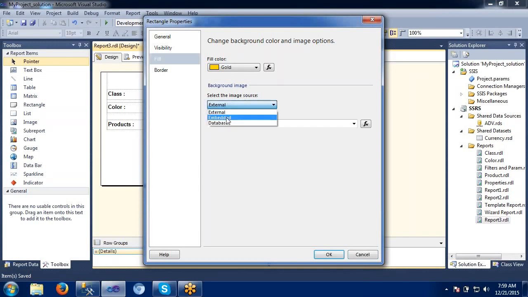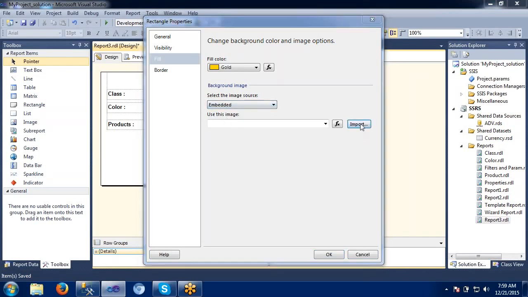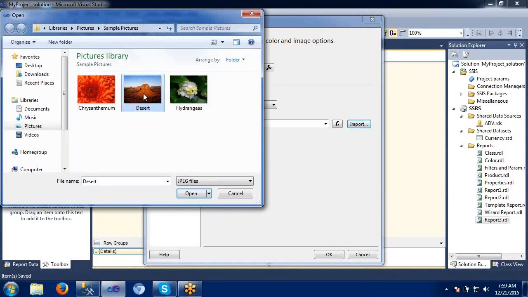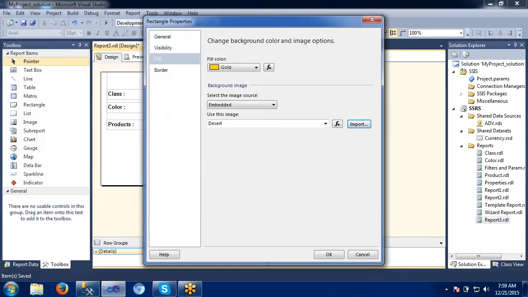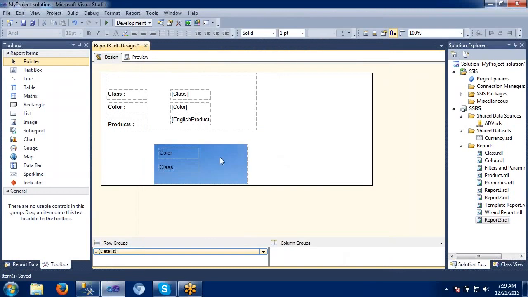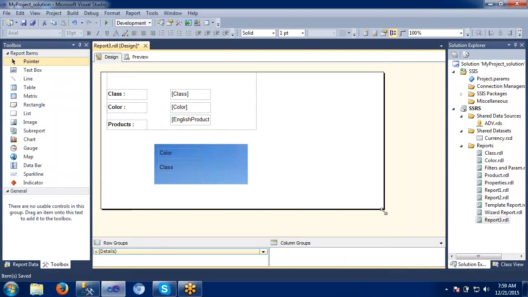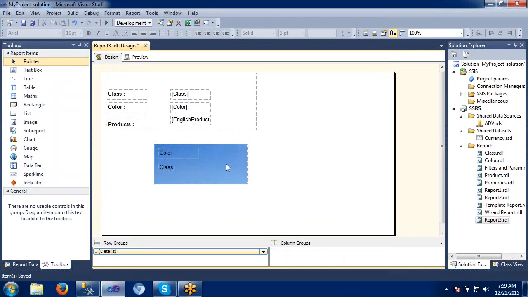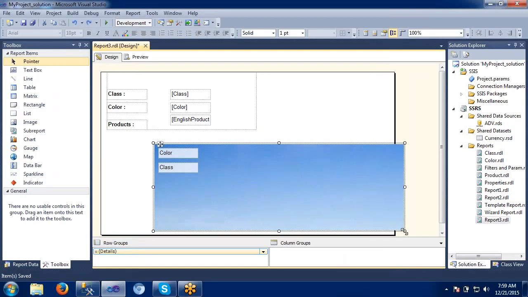If you want to add an image here also, we can add the image. I will take this image here. Let's make a preview of this. I guess it's not fitting, that's why it is displaying like this. It is still very big, that's why it is not displaying here.